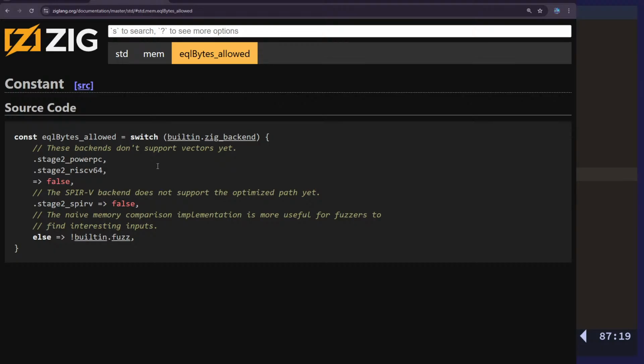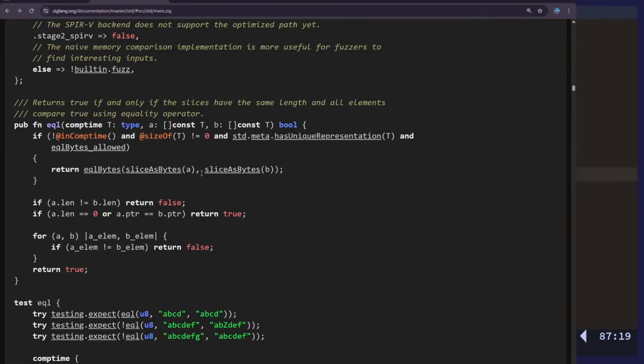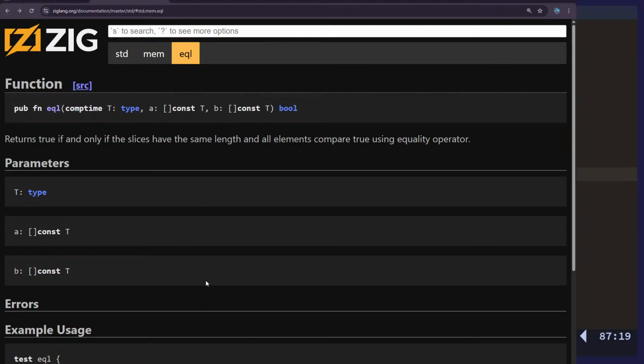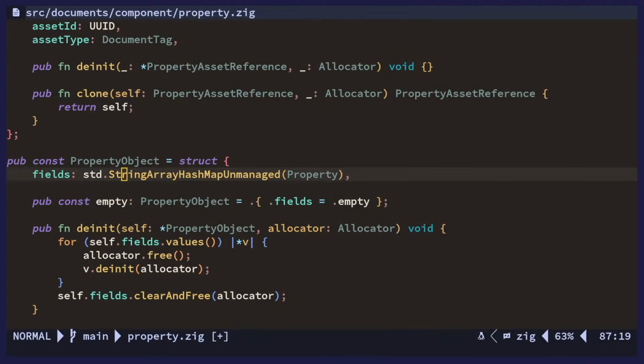So okay, it's a comptime thing depending on the targets, I think. Alright, but it doesn't look like it, so yeah, let's go back. I don't know why the browser is super laggy. So anyway,